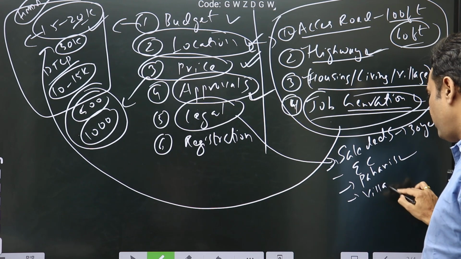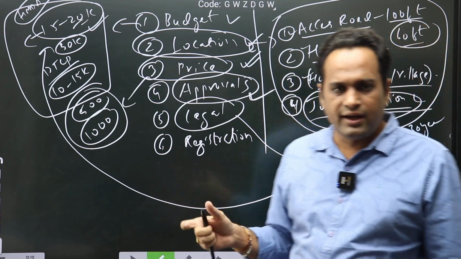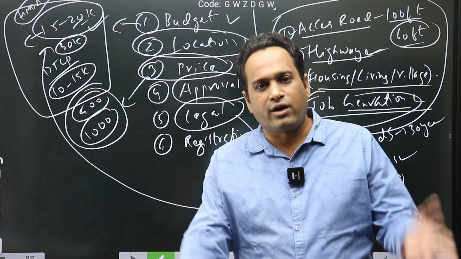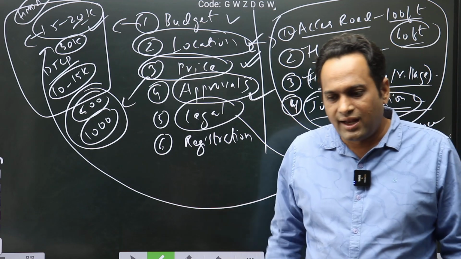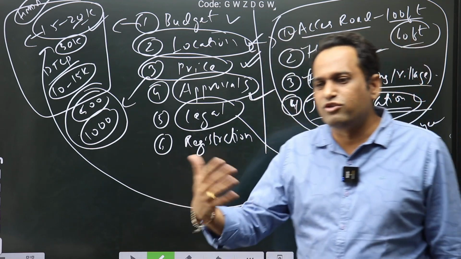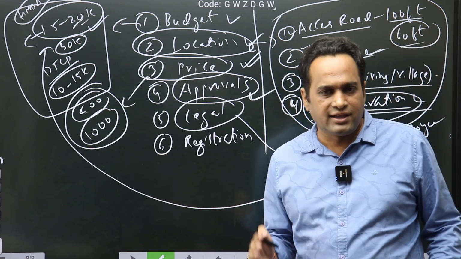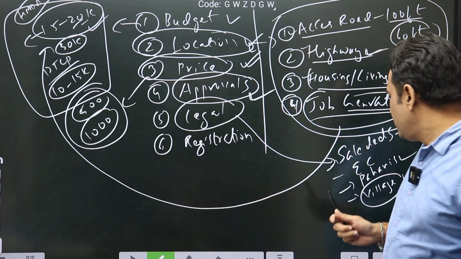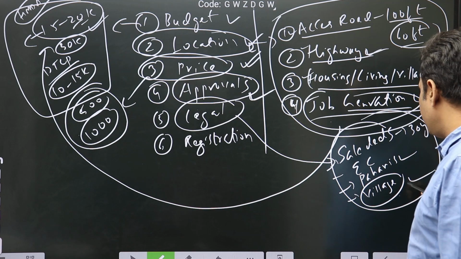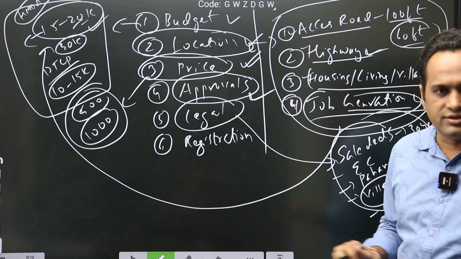This is something if you want to verify, but first of all, HMDA won't give permission if there is a kunta or lake in it, or there is a pond in it. Assuming there is a water channel there, they won't give permission for it. They'll ask you to make a proper channel there. Only then they'll give permission. By default, they'll check it. But if you still want to be safe, you can check a village map and check for lakes and ponds and kuntas and all of that. Nalas also. Right, so these basic 4 documents, encumbrance certificate, sale deeds, Pahanis, village map, you can check to be extra safe or extra cautious.